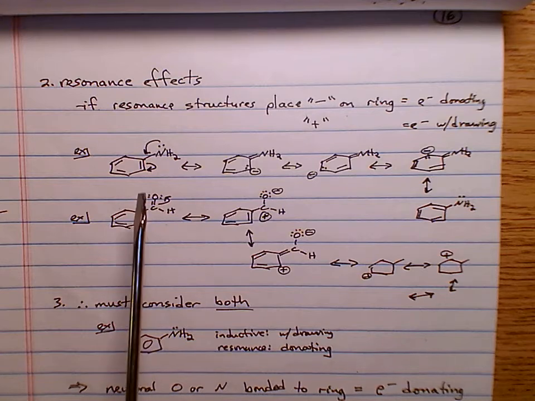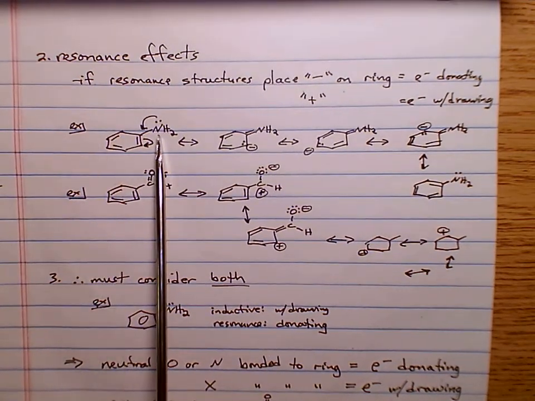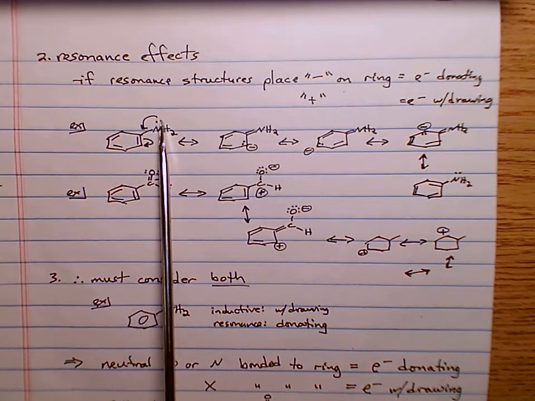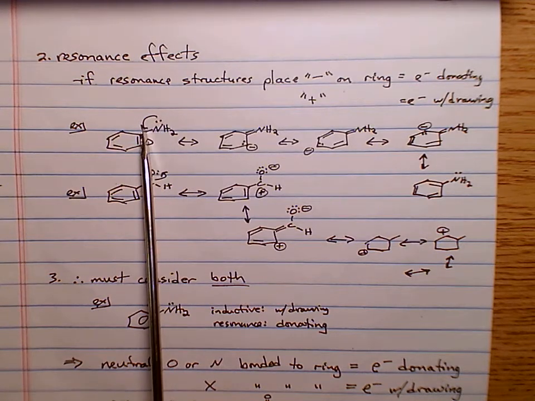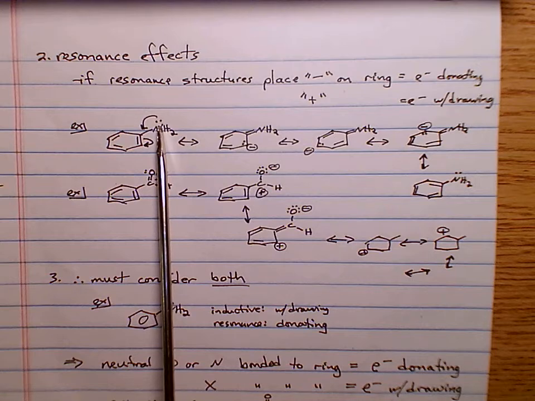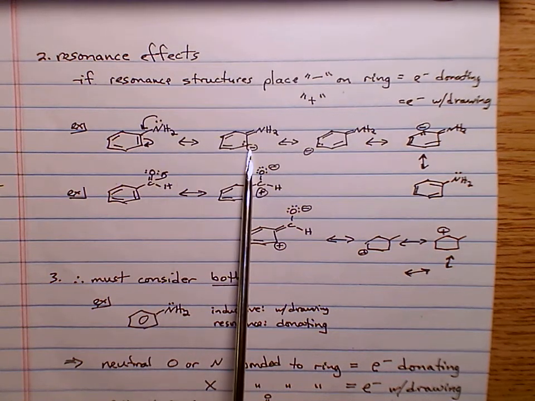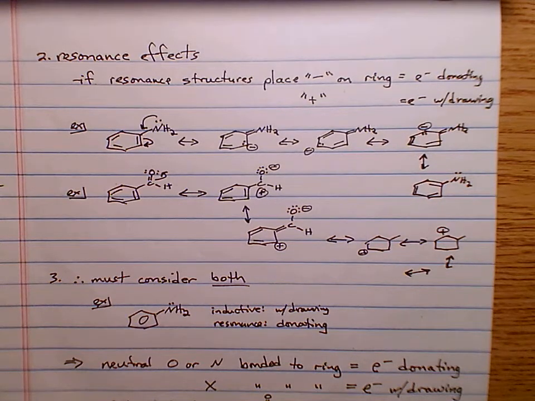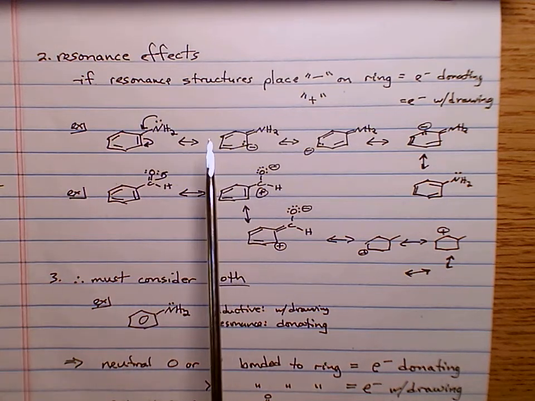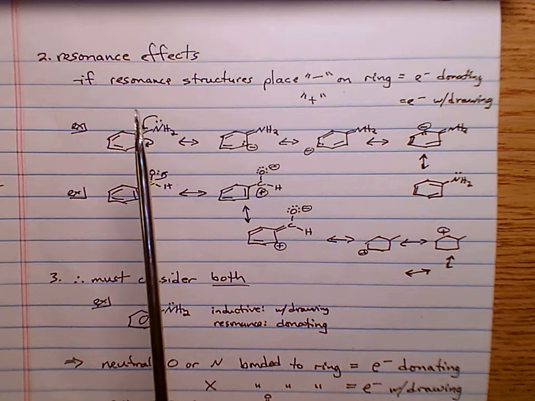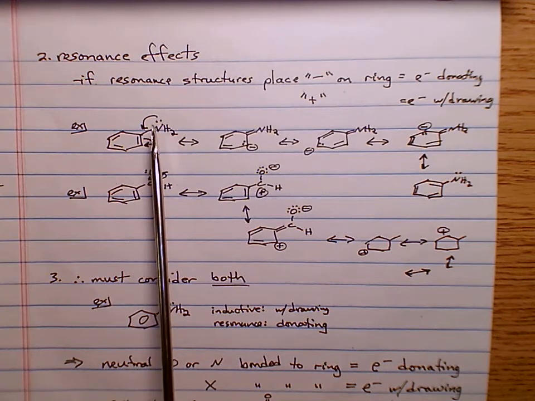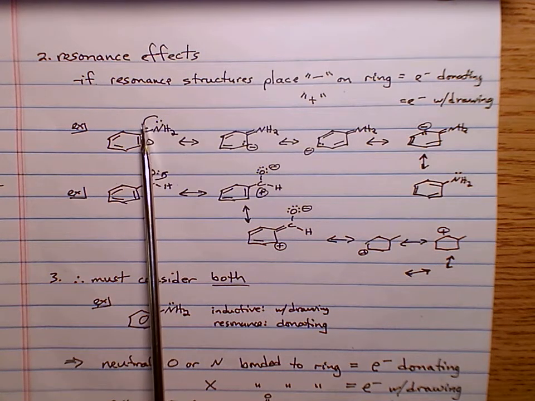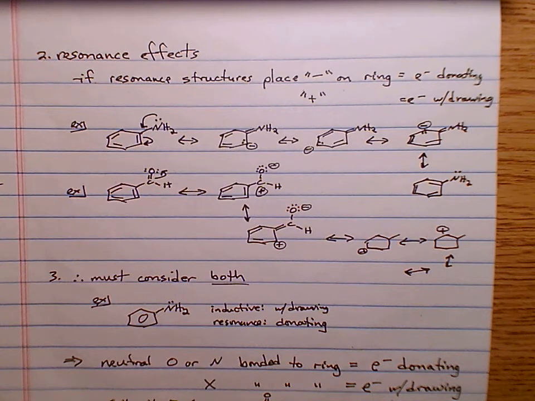When you look at a nitrogen, or it turns out an oxygen that has a lone pair on it, that lone pair can, through resonance, be delocalized onto that ring. This lone pair, if we formed a double bond here, would put a negative charge here on the ring, or here, or back to where we began through resonance. So it turns out this nitrogen, while it is electron withdrawing because it's more electronegative than this carbon, and you would think it would pull electron density away from the ring, when you have a lone pair on that nitrogen, as they most likely do, that is going to add electron density to the ring through the resonance effect,